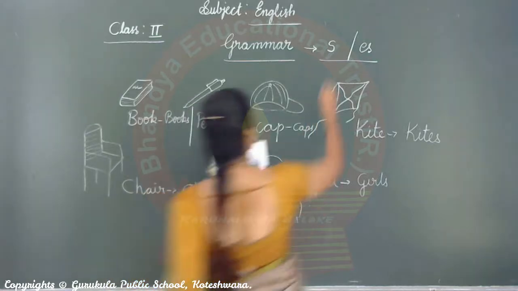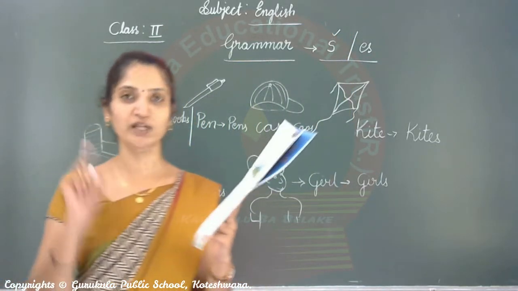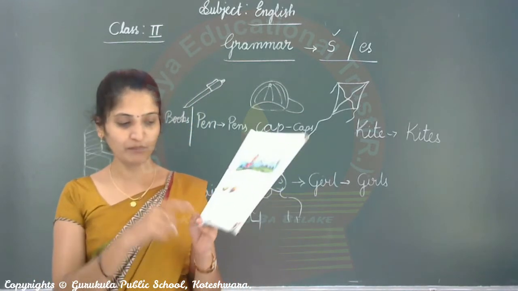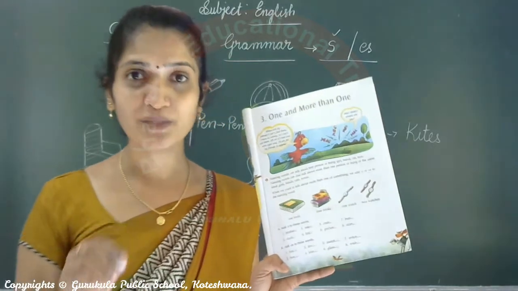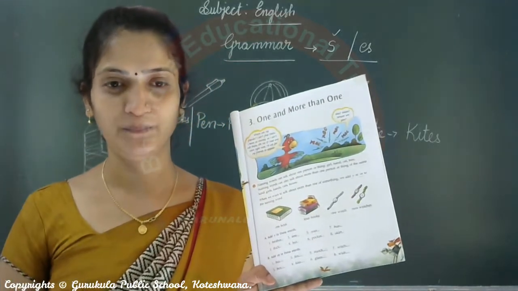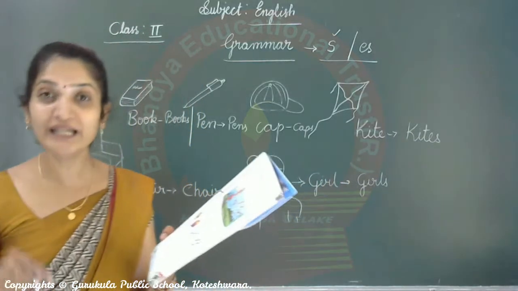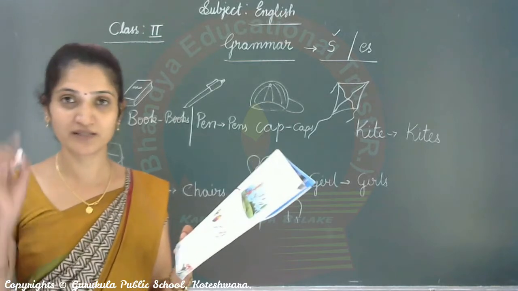Already you learned now, right? In the first step, they gave only the s part. Then add es to these words. Here below that, they gave some words. For this, you must add es only. Don't add only s. If you add like that, you will get confused, or that is wrong.